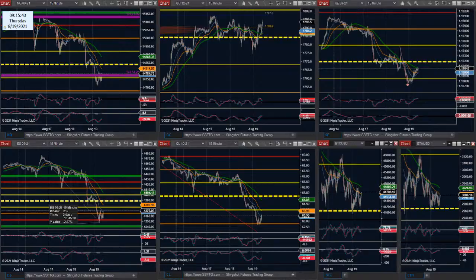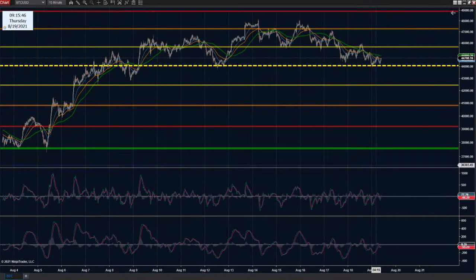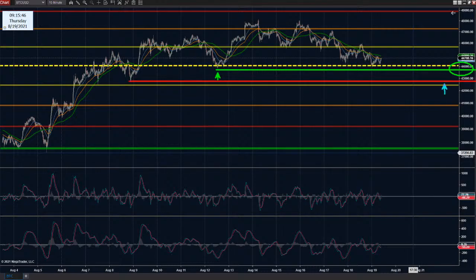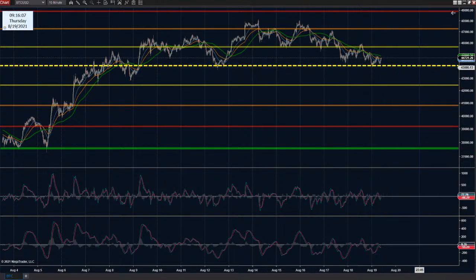Over on the crypto side, we've got a relatively obvious pullback. I mean, you kind of expect this, right? The one thing that stands out very obviously that we have not had yet is a trap below 44,000 that would envelop that previous larger swing, confirmed swing, but not break the next swing underneath 43,000. So a lot of buyers are going to be buying in the 44s with a risk of like 42.5, risking maybe $1,500 for an upside potential of, initially, back up to like 46,000. But realistically, the next objective above that, 47, and then those longer term targets, if it does want to break through the highs, up into the 50s to 52s.